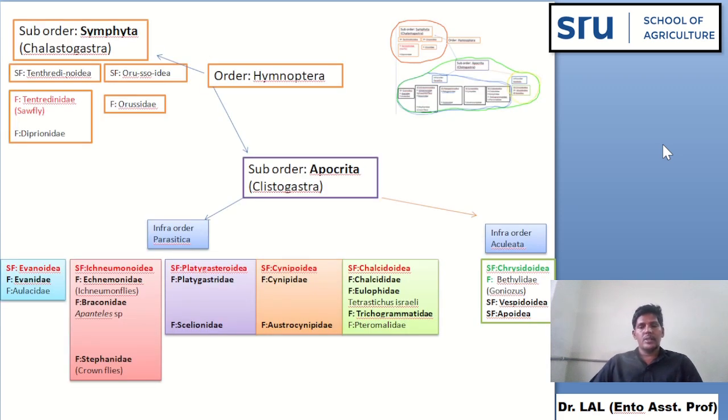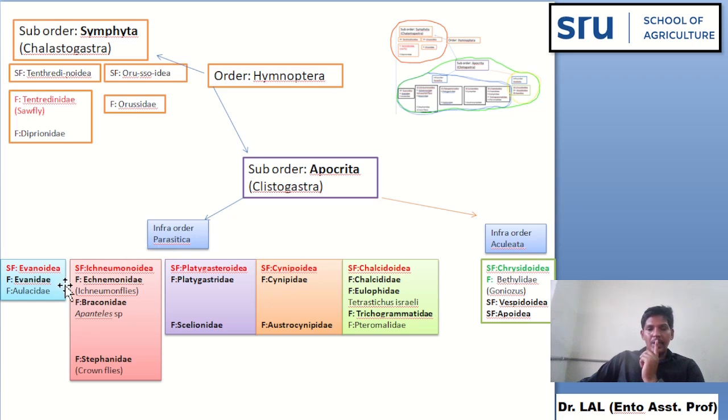See here, classification is very important. Most of the parasites belong to the order Hymenoptera. This is again divided into two suborders, that is Symphyta and Apocrita. Under Symphyta, the important families are Tenthredinidae and Orussidae. In the case of suborder Apocrita,